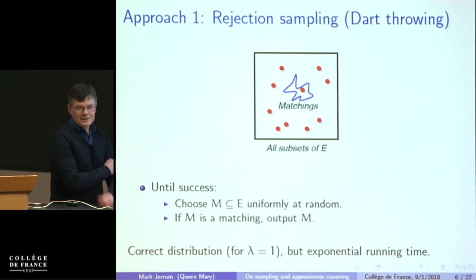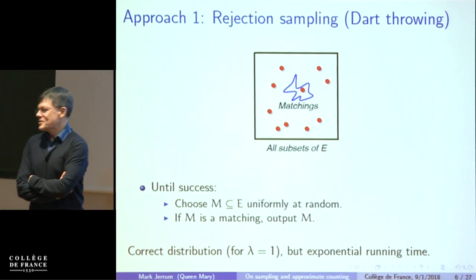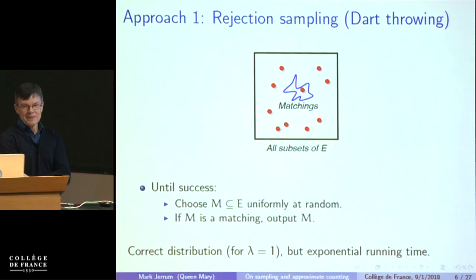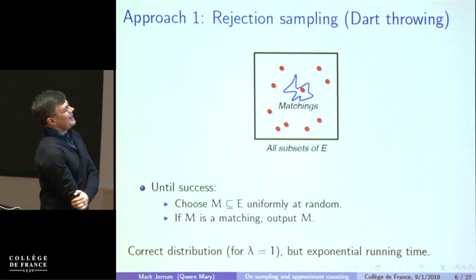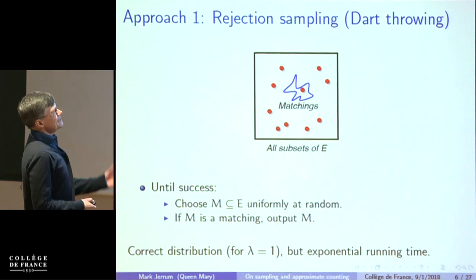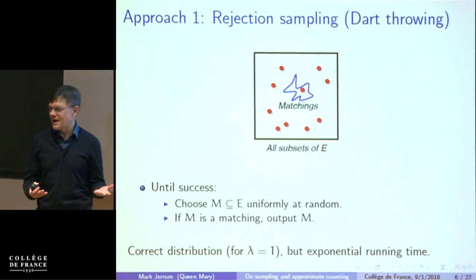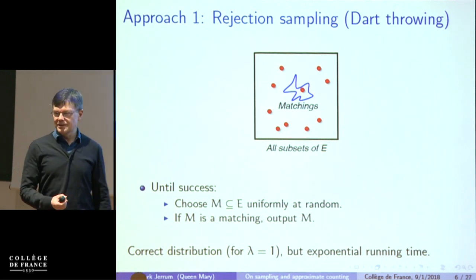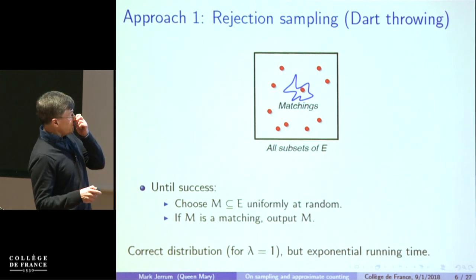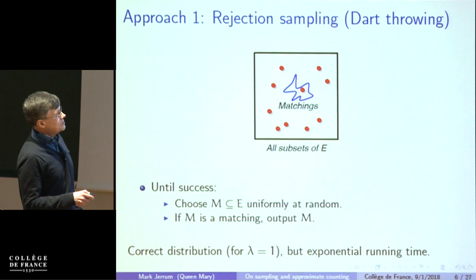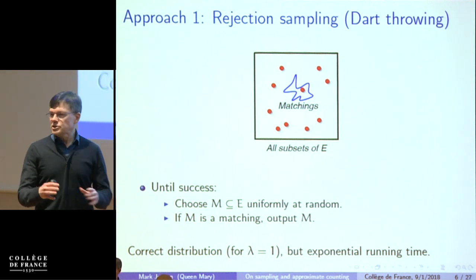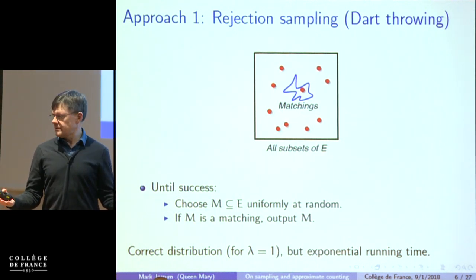So now, of course, the audience knows already what solution technique we should use for solving these problems. But before we get there, let's just have a technique which fails, which is a nice idea, but we'll see why it fails and perhaps why random walks are a better idea. So let's concentrate on the matching problem. And suppose, for simplicity, we think about the weight as being 1. So it's purely combinatorial. We just want each matching to appear with equal probability.